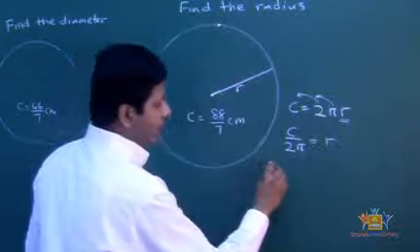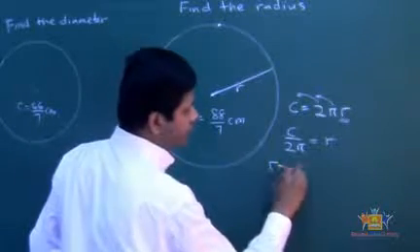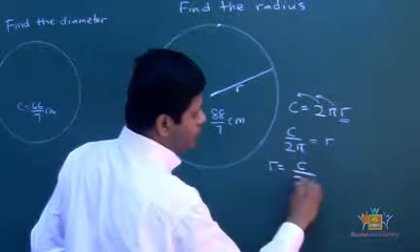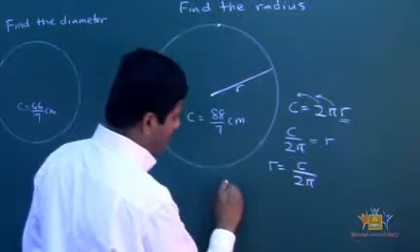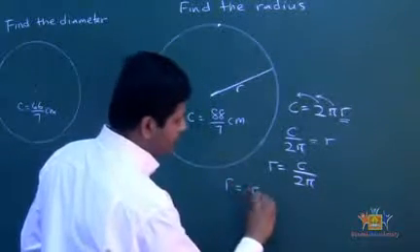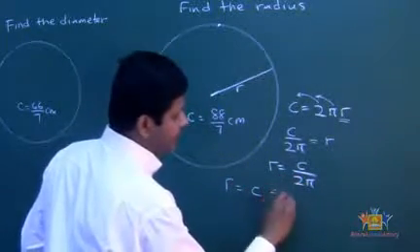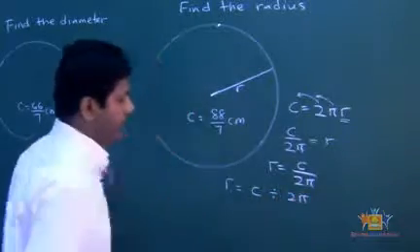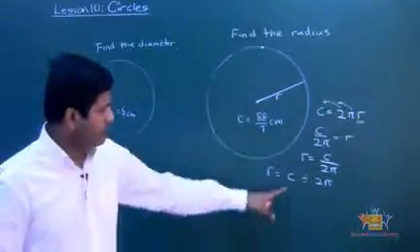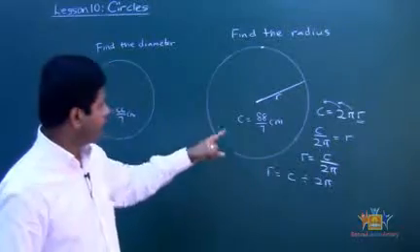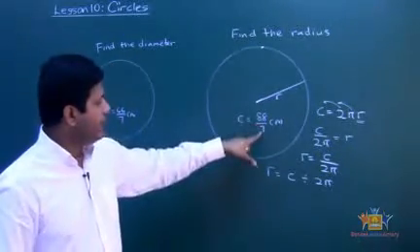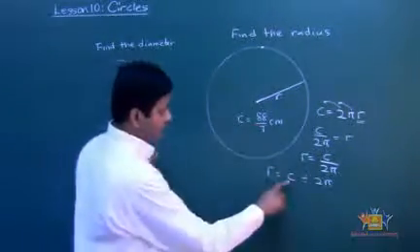Now, I can rewrite this as r equals C over 2 pi, which also means r equals C divided by 2 pi, right, like that. Okay, so we're going to keep it that way. Now we're going to substitute. We know C is 88 over 7. Alright, so we're going to substitute for C,